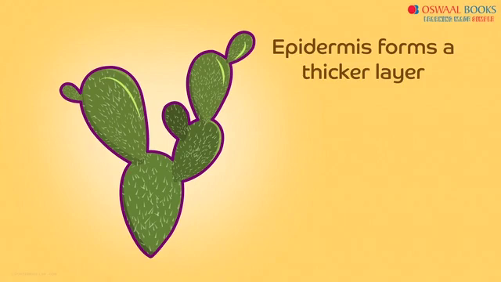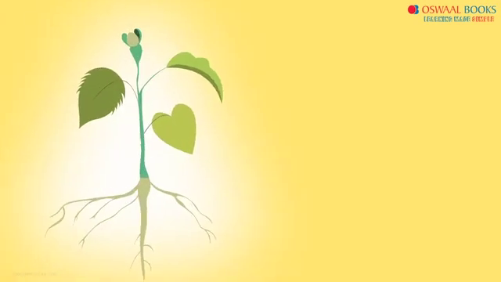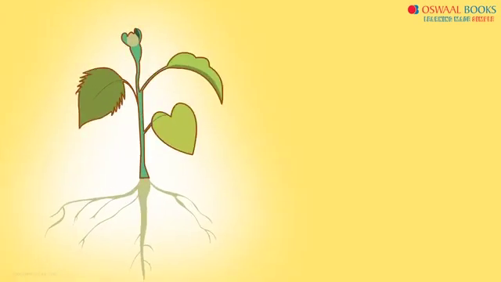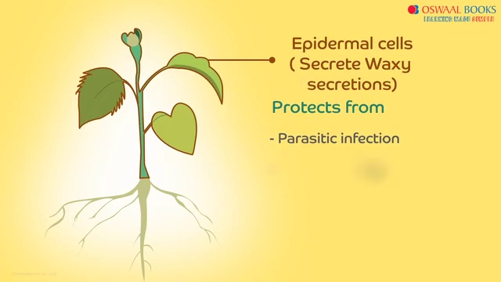In fact, plants growing in desert have a thick, waxy chemical called cutin in their epidermal cells, which prevents water loss to the maximum extent. On the other hand, in terrestrial plants, usually the aerial parts have epidermal cells specialized in waxy secretions, and it helps in numerous ways, like preventing parasitic infection, protection against mechanical injuries, and even loss of excessive water during high